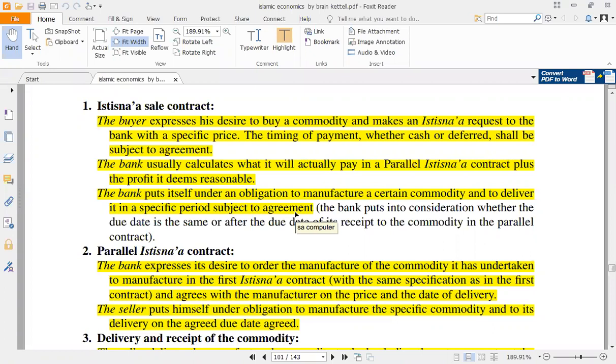Both agree upon the price and the delivery time. Here, the bank is a buyer and the manufacturer is a seller. So here the seller, the manufacturer, puts himself under an obligation to manufacture the specific item and to deliver it in the agreed time period. So here risk is